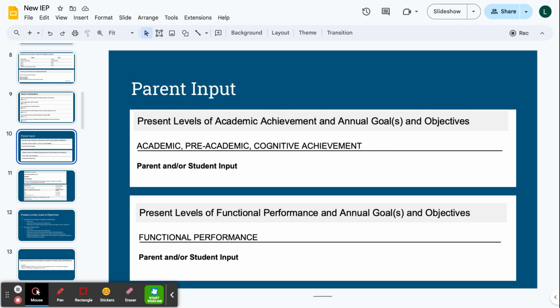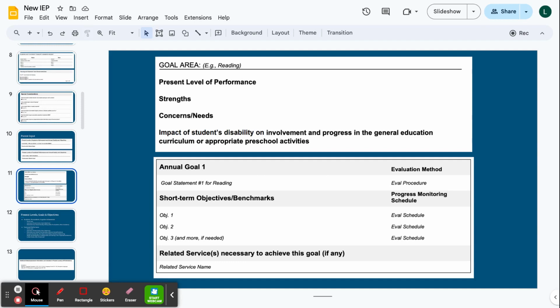Now, on the IEP document, these are not side by side. They correspond to the domains that are being talked about, and they are connected with the present levels of performance. So this is what I like to think of as kind of the meat and potatoes of the IEP document. Within the present levels of performance, we have information for each domain that's being looked at. So for example, the domain of reading, there will be present levels of performance, as you can see up here. An overall statement about the student's performance in reading,